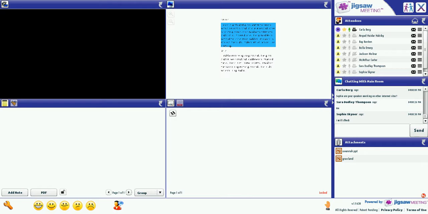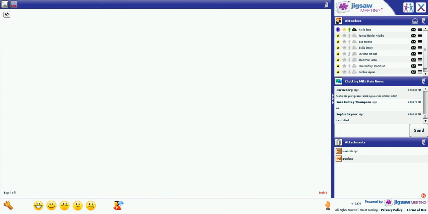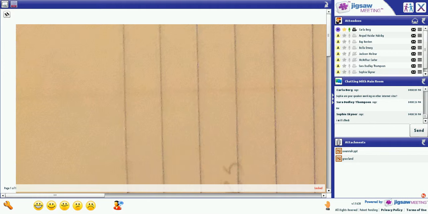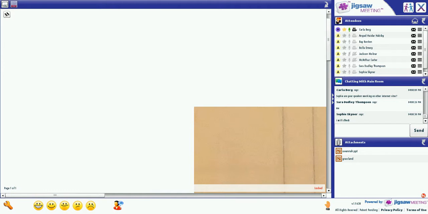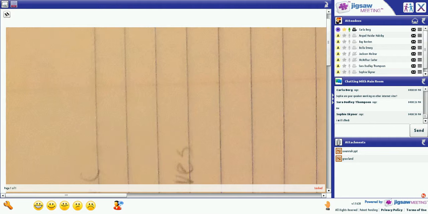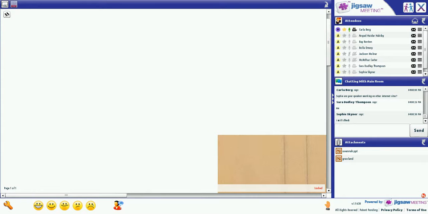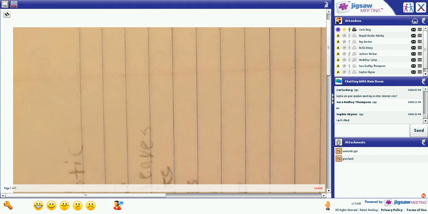Now, Xana's is an image, so we are going to look at our whiteboard. And I'm going to pull up Xana's for us. So if everyone can look at your whiteboard, remember that is your bottom right-hand screen.